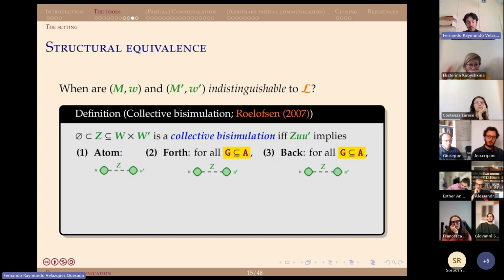This form of bisimilarity, which is called collective bisimilarity, holds between two pointed models if and only if there is a relation connecting the two pointed models, a relation that we call collective bisimulation, and this relation satisfies three important requirements. The first of them is every pair of points that are connected satisfy exactly the same atomic propositions. The second one is if you have two points that are connected and one of them has a successor by